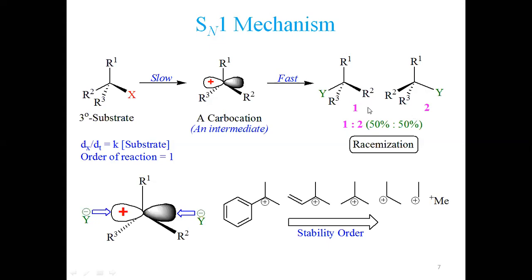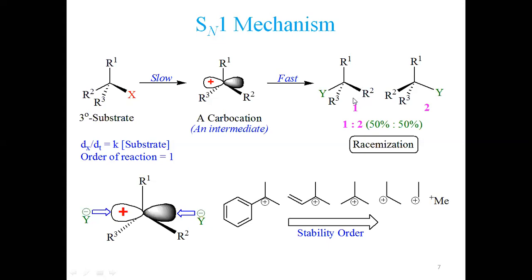So these are the two isomers, 1 and 2, that I have presented. One shall be formed if the nucleophile is approaching from this side. Two shall be formed if the nucleophile is approaching from this side. So two isomers are forming. Now you see they are mirror images. R2 mirror image, R1, R3, Y and Y, they are mirror images. If I place a mirror in the side, these two look like mirror images of each other. It means they are enantiomers.